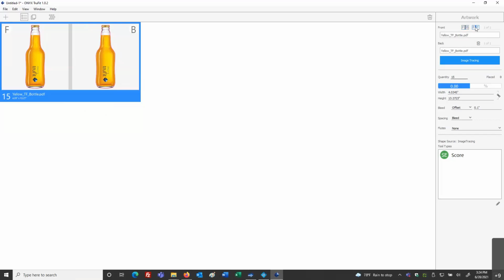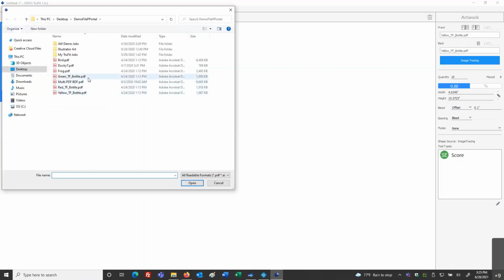But we can also, instead of front back, where the back is mirrored, tell it front front. And now we have this Onyx TrueFit yellow bottle being represented as a right reading front. If you were to walk past it and look behind it again, the other side, back side would be, again, the front. Okay, so we can have that scenario, or we can completely change this out and click where that back is and browse for a different file.